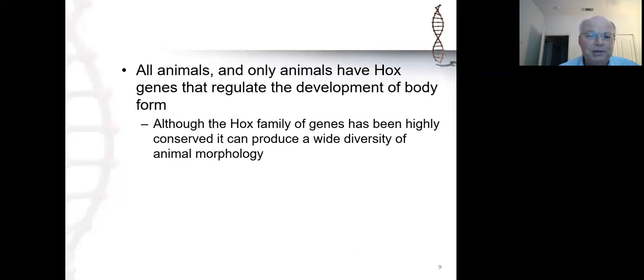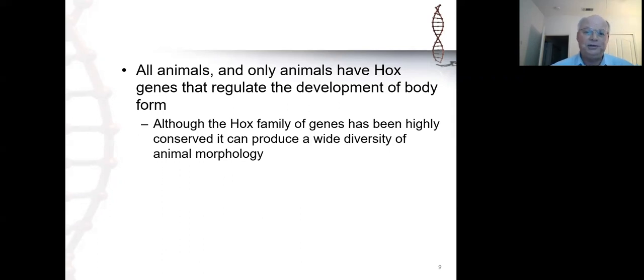We do see them in fungi. They've been discovered in yeast, so that's fungi. They've been found in plants, and there is a little mustard plant that has become essentially the lab rat for plant science, called the Arabidopsis thaliana, and master control genes, otherwise known as homeogenes or homeotic genes, have been discovered in plants as well. Hox genes belong to the same large umbrella family, but Hox genes as homeotic genes or master control genes are unique to animals and only found in animals.